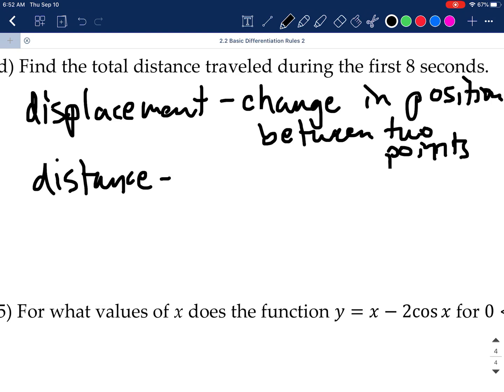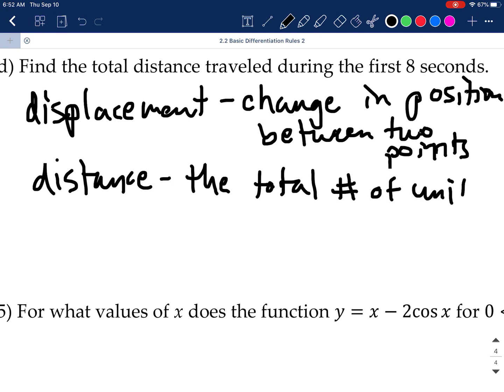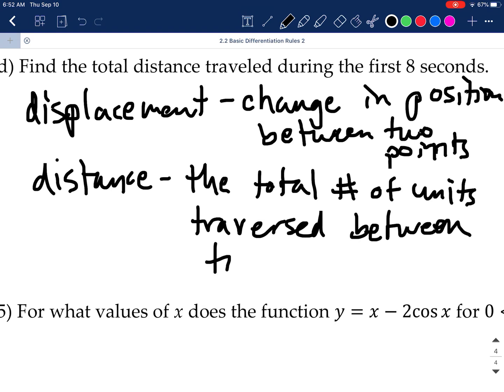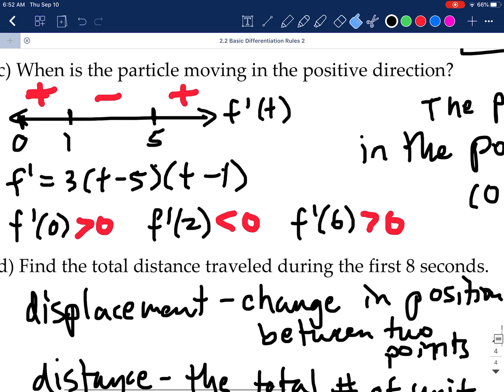whereas distance is the total number of units traversed between 2 points. Right? So displacement and distance can be the same if we're always increasing or always decreasing. If a particle is just moving straight up or to the right, then its displacement and distance will be the same. However, if we look at our particle, it is moving to the right from 0 to 1,